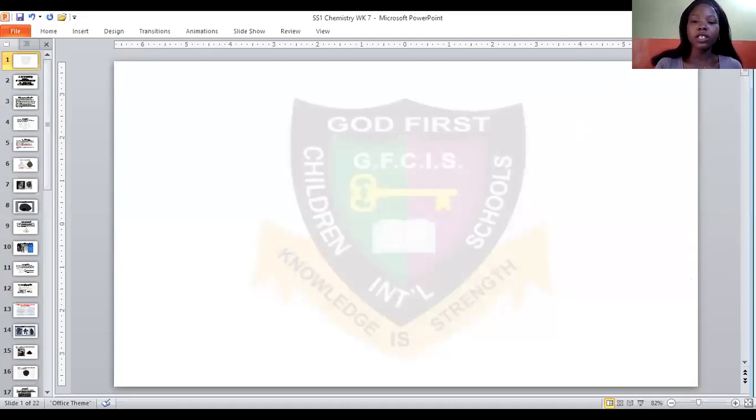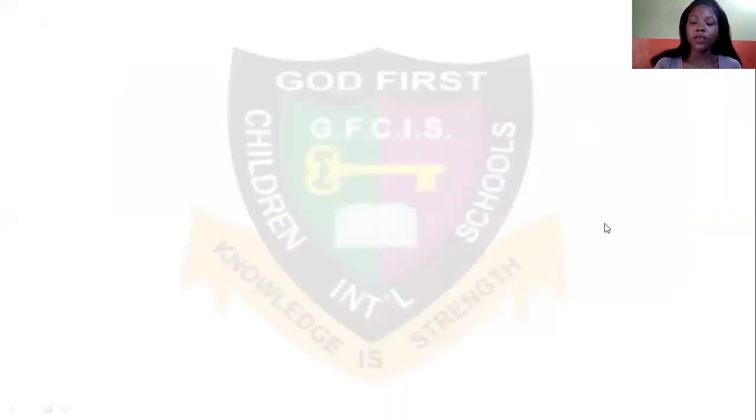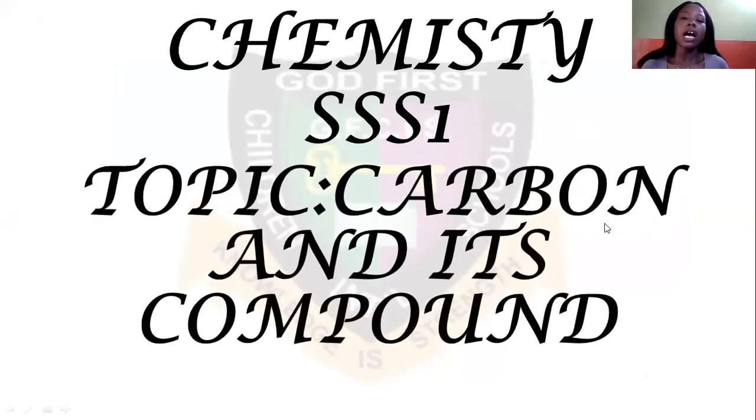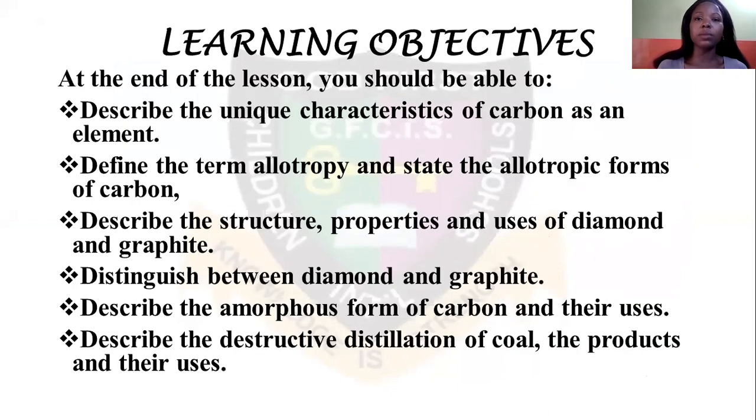The topic for this week is carbon and its compounds. So we're looking at carbon and its compounds. Our learning objectives are: 1, describe the unique characteristics of carbon as an element, define the term allotropy and state the allotropic forms of carbon, describe the structure, properties and uses of diamond and graphite, distinguish between diamond and graphite,